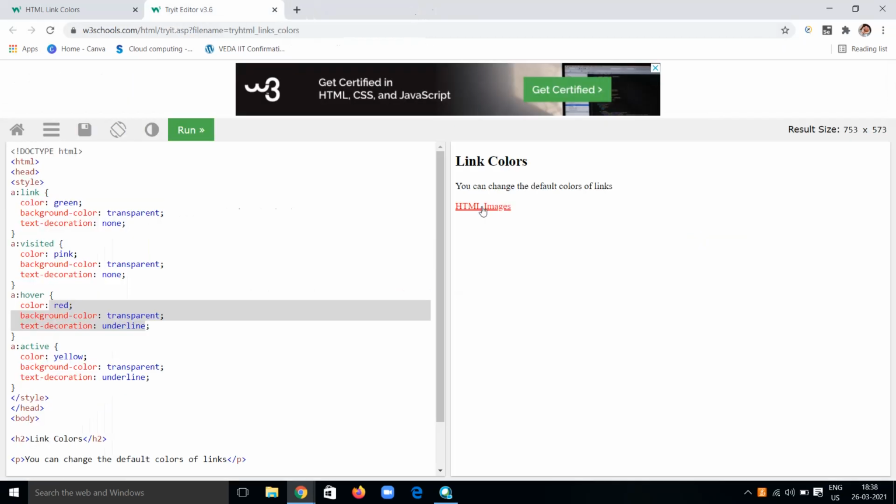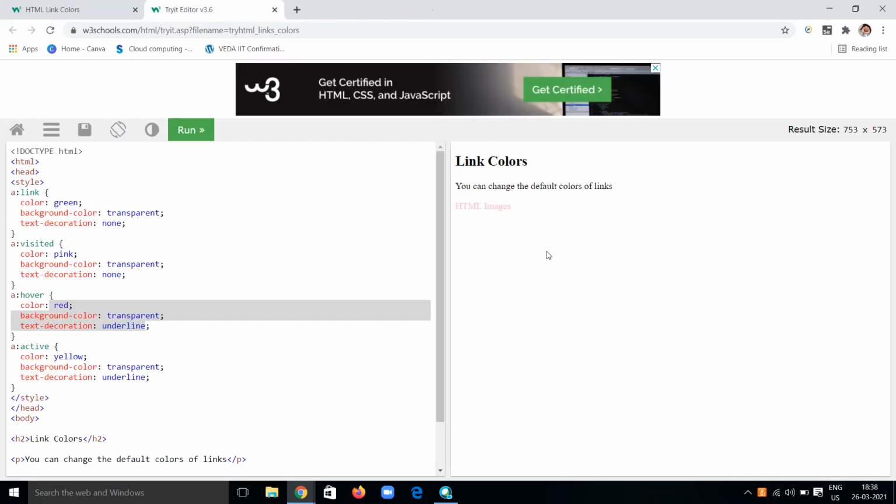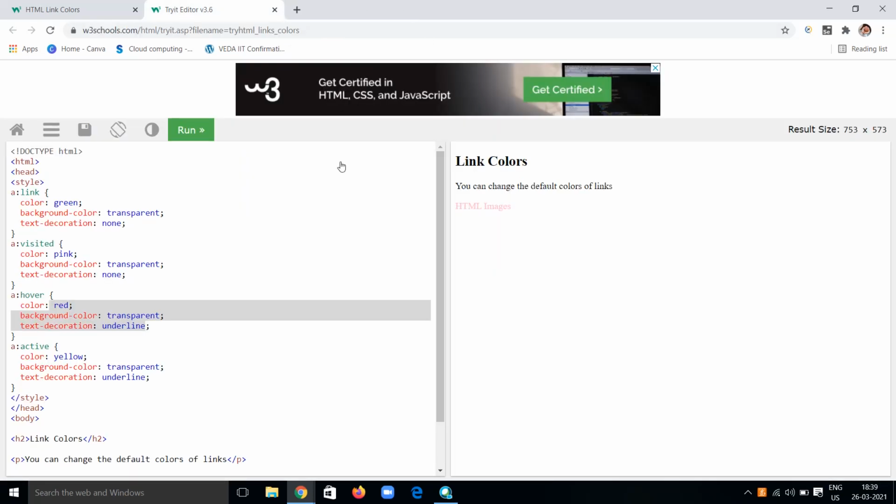And when you are closing it here, clicking here, you can observe a yellow color. Within seconds you have to observe that. Here you can see I am getting a yellow color there. After clicking on that, yes, yellow color is coming. So I am making it as an active, so then the color will be active, yellow and transparent and underlined.